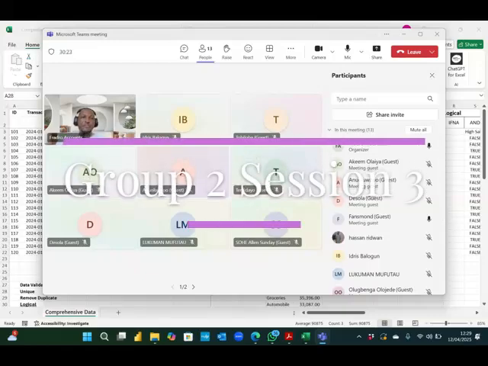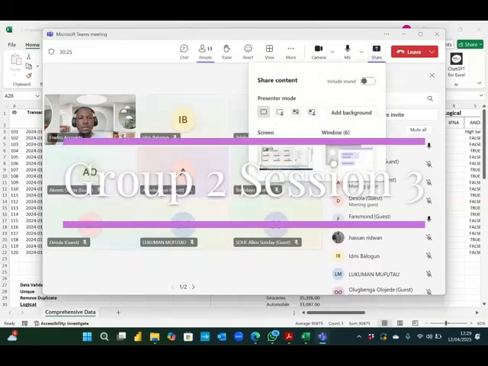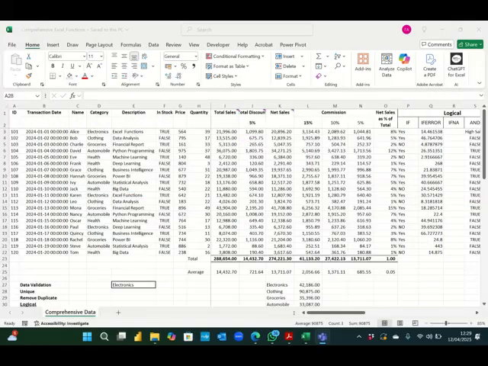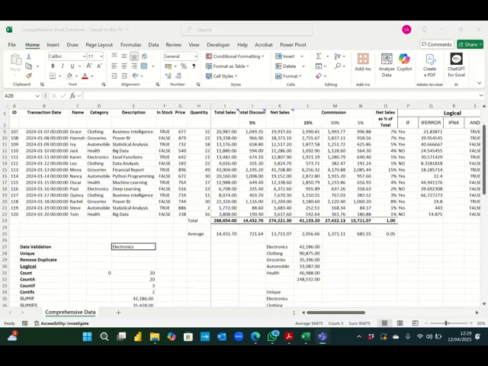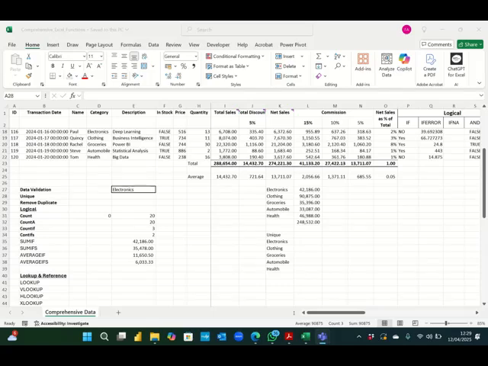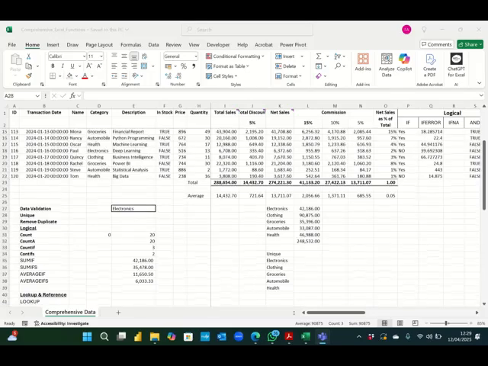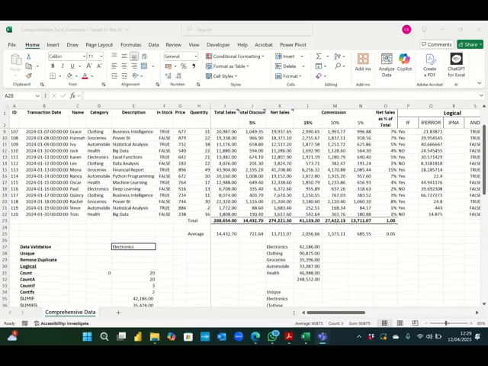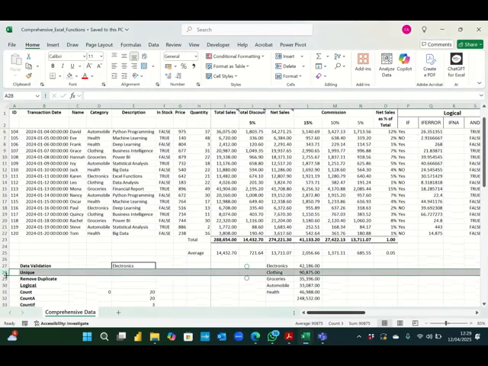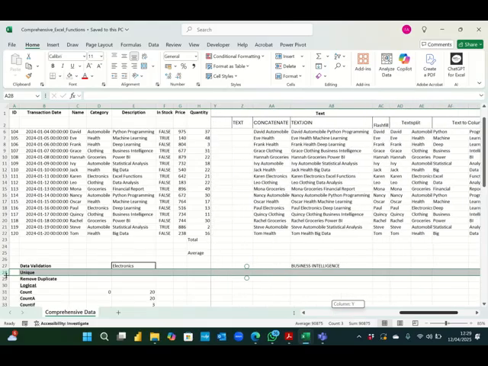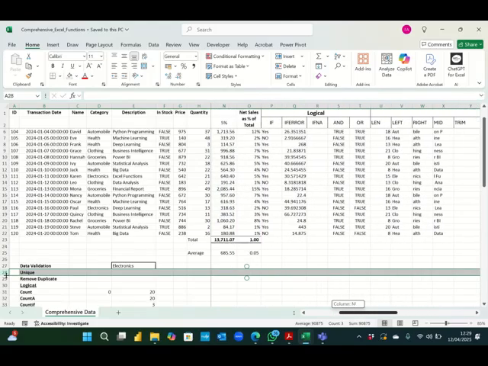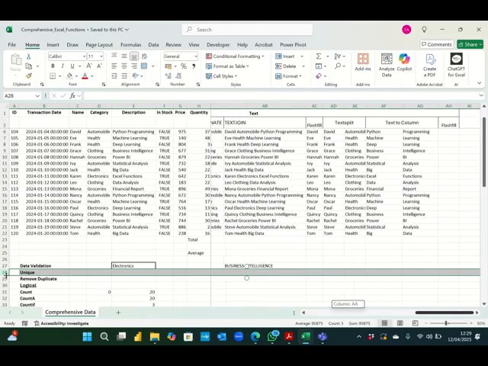So we dive into today's section. From where we stopped last section, we've done the logical test and we've done the test function. Now, I was trying to work on